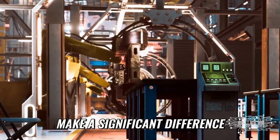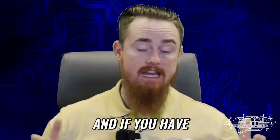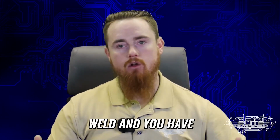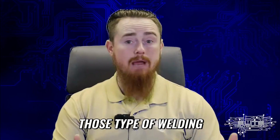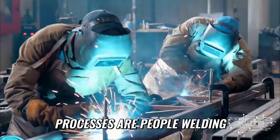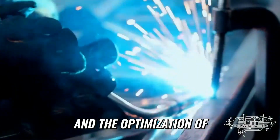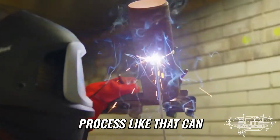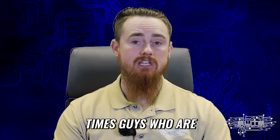can make a significant difference on how much the total cost of production is. And if you have long weld time, where maybe it's something like a 5-pass weld and you have to weld a 20-foot long weld, those types of welding processes are people welding on the same thing day in and day out. And the optimization of how much weld you're using within a process like that can be very, very critical. And especially with the long weld time operations, because a lot of times guys who are doing